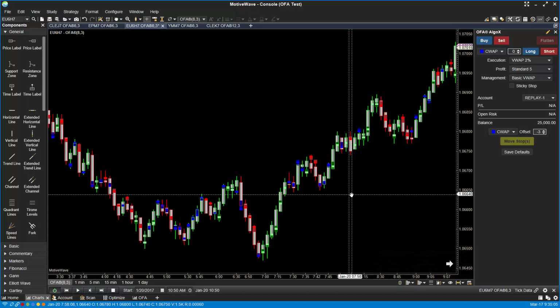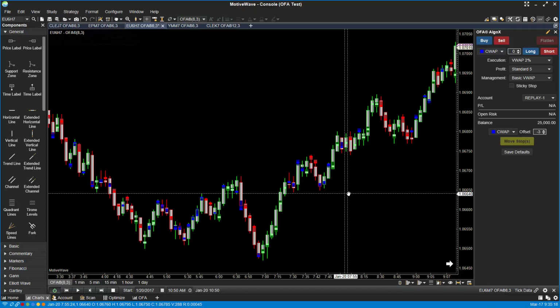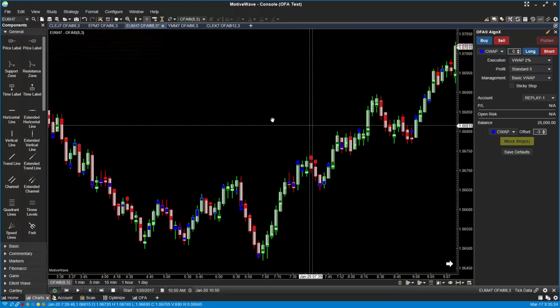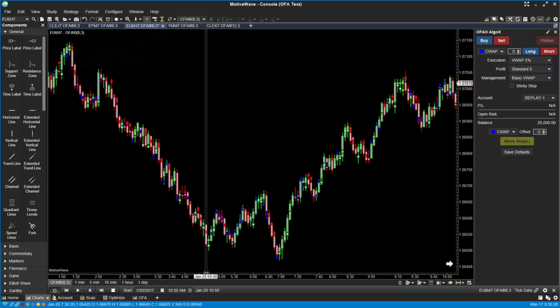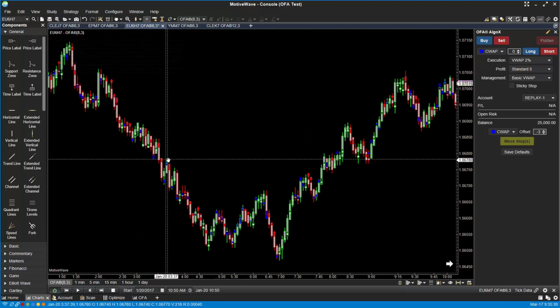One of the problems that we see with novice retail traders is that they assume that every single move in the market is a trend. So if every move in the market is a trend, I'm going to use a CWAP and a VWAP on every single move. And instead, we want to be focused on key turning points in the market, key levels of support or resistance that have been traded through. And if we take that approach, we're going to be looking for trades that make a little bit more sense, like in this case,